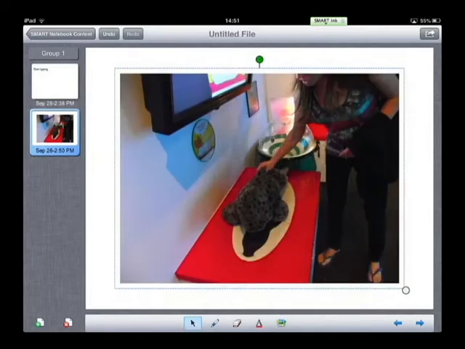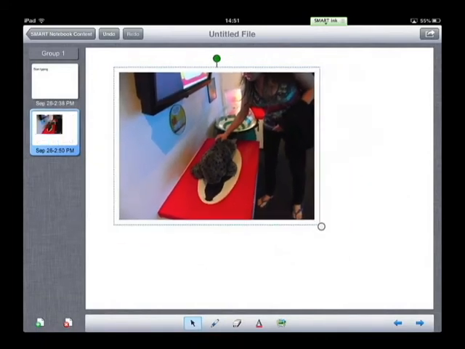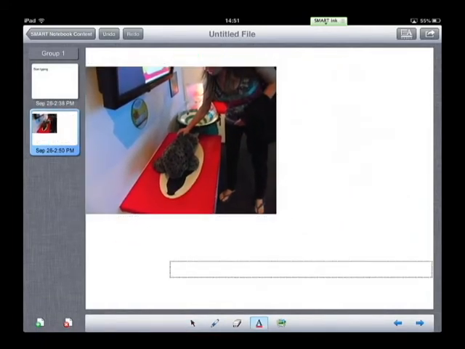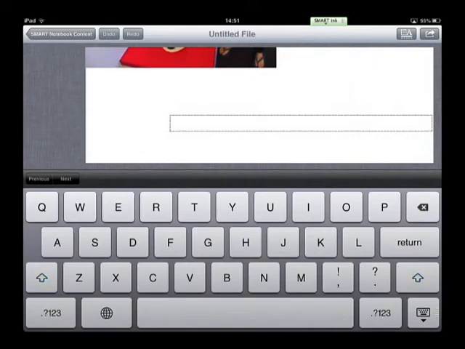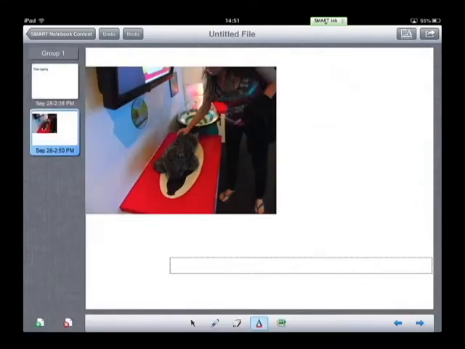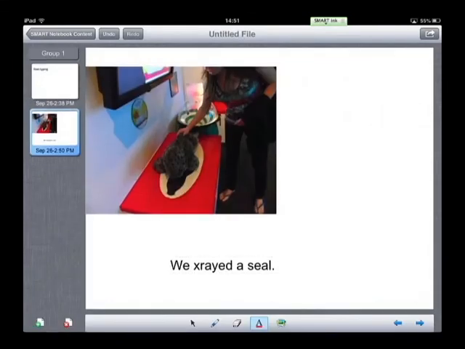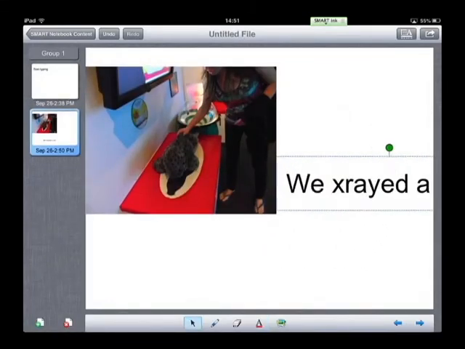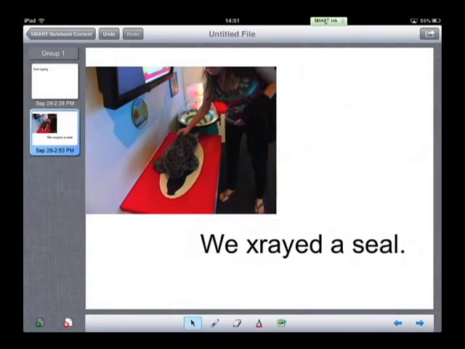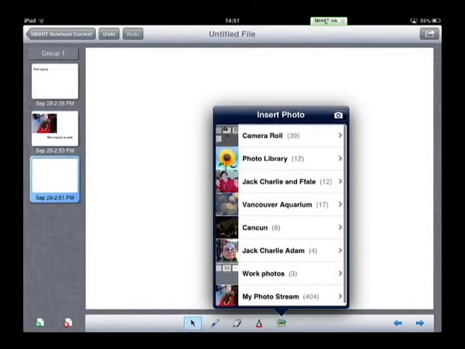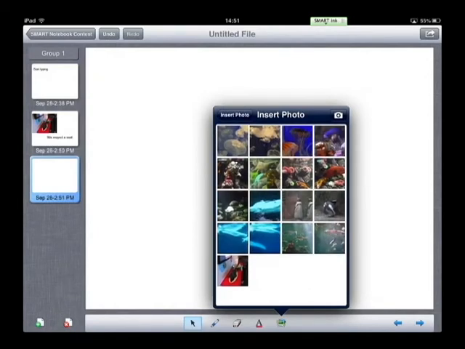And I'm going to click this picture, and so here the students could type in... oopsies, there we go. Bring in that cursor, there we go. We x-rayed... oopsies, that was the wrong autocorrect. X-rayed a seal. Put my keyboard away, come back to my select tool, and I can resize that. Bring in another blank page, go to my photos, tap on that photo,